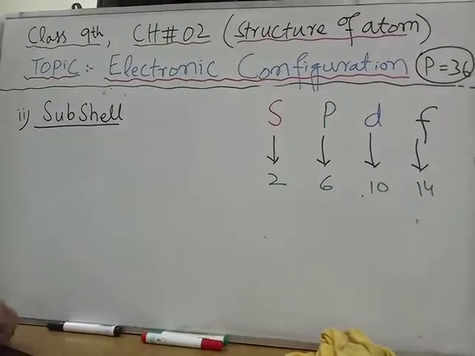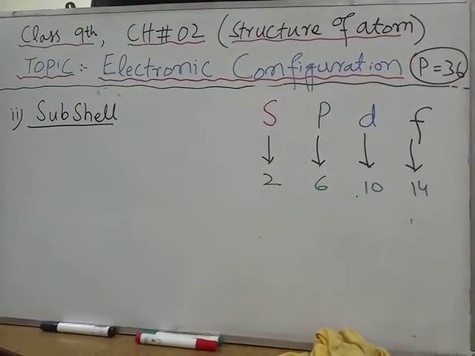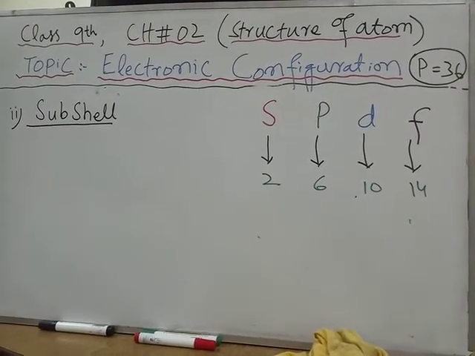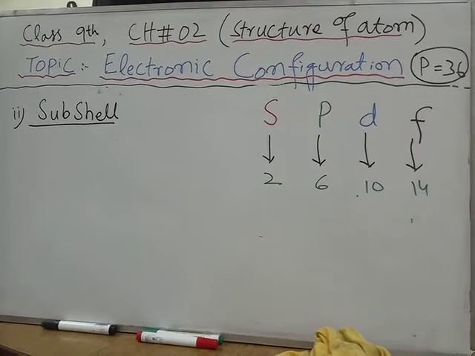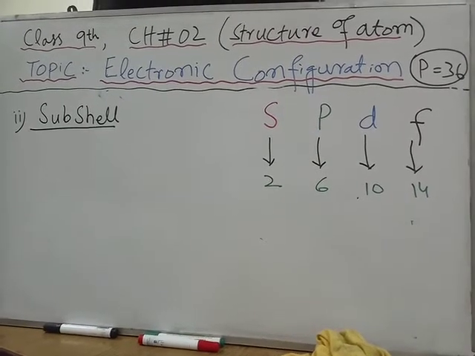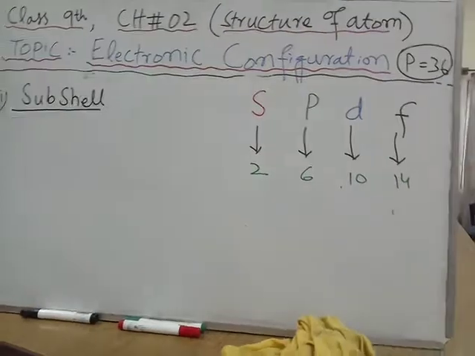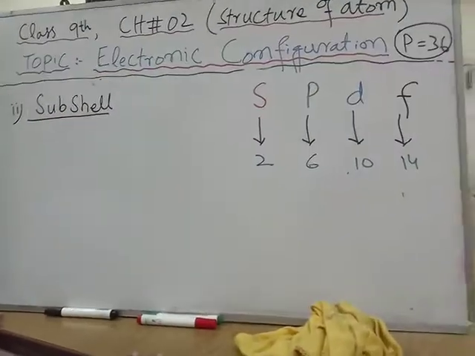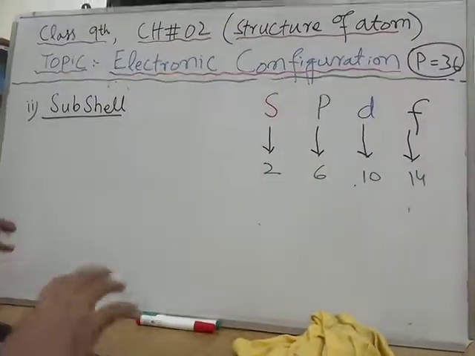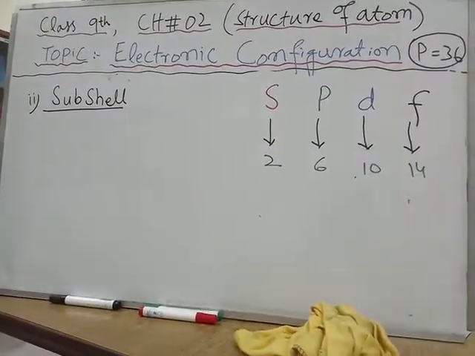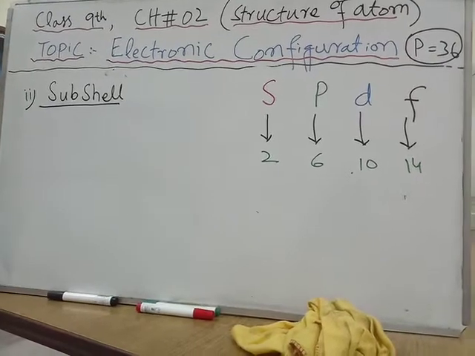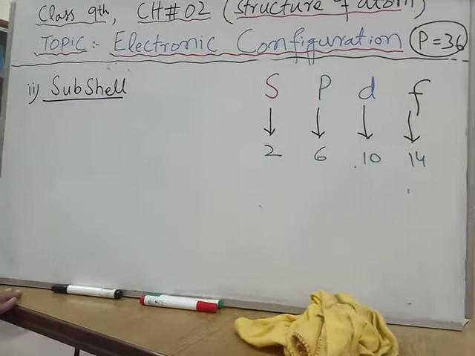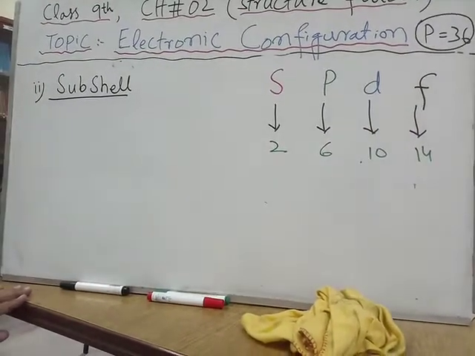So this is the definition of the subshell. Please write it in your book, because there is no clear-cut definition. Subshells are the assemblies of a very important term, orbitals. Orbitals are not mentioned in your book,